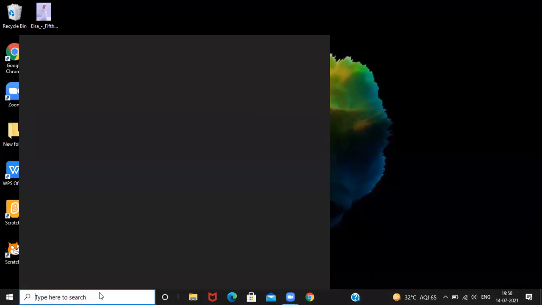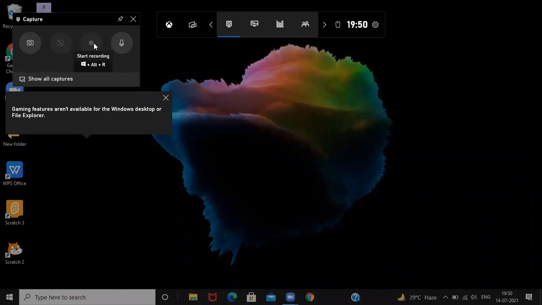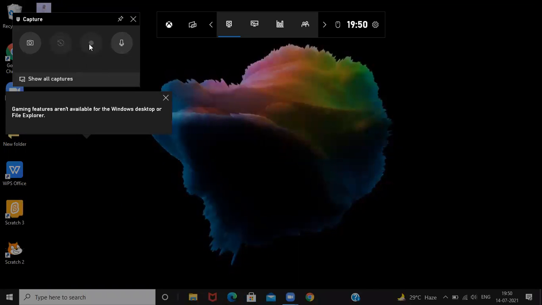Okay, so I'm unable to open it right now. So I'm going to open it from the search box. Now the record option will be showing here, but it will be unable to record your home screen. Actually, this application is not going to record your home screen. Now you can see the microphone is muted. Then we are going to unmute it. When we do this for the first time, some option will come to change the settings, and we are going to change the settings from there.